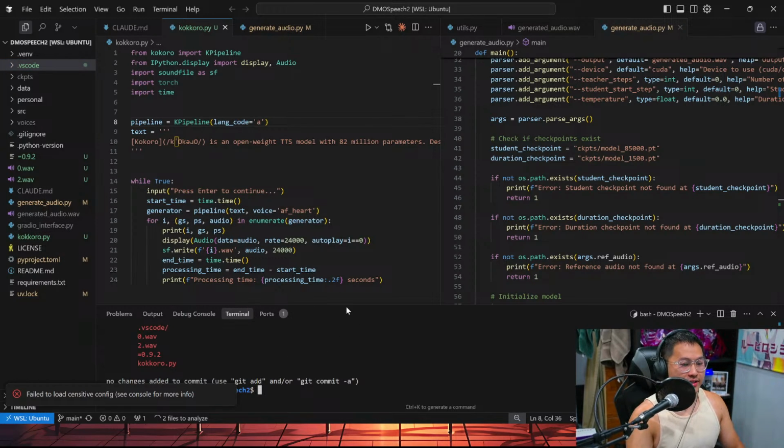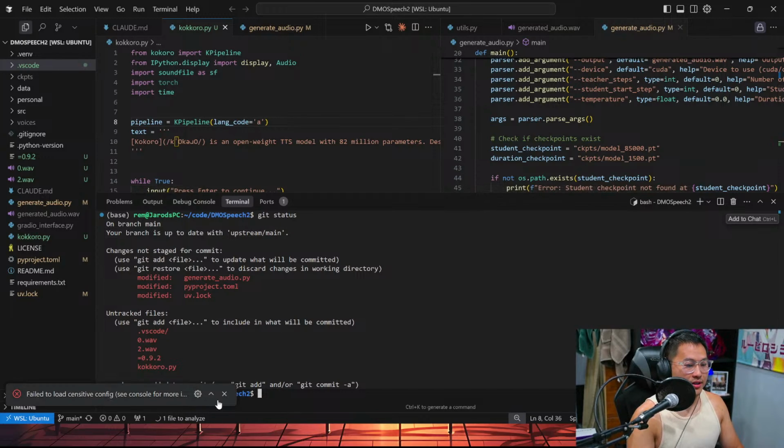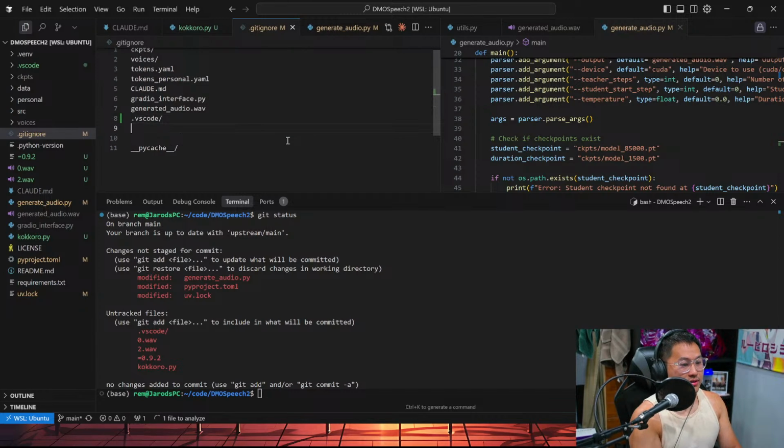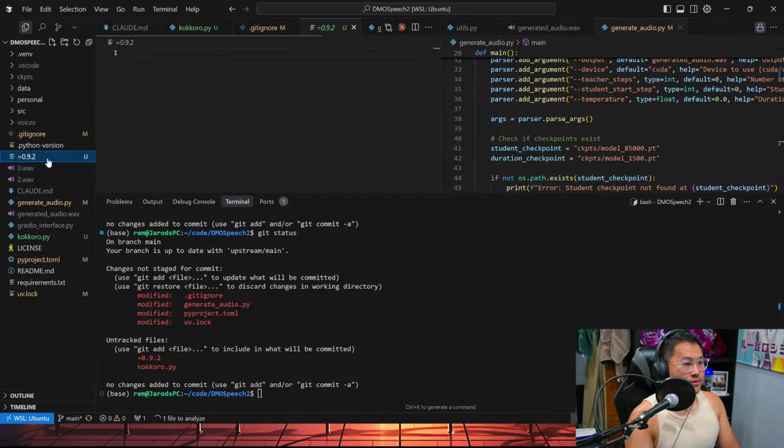Let's check our git status here. Let's add some things here. VS Code, don't need that. all.wav, I kind of don't want to do all.wav, but I already have some of the examples. They're already in GitHub, so it doesn't really matter. They're already being tracked. What the heck is this?